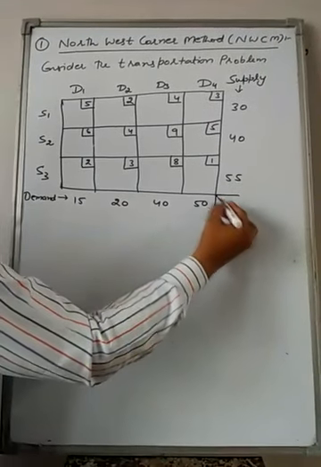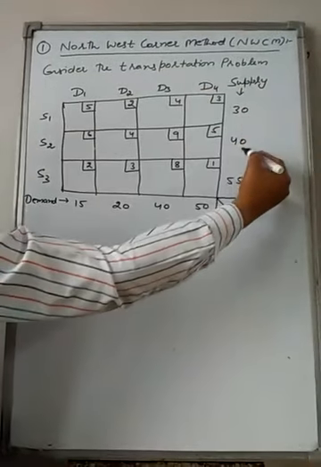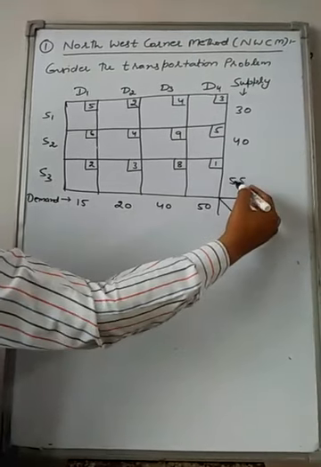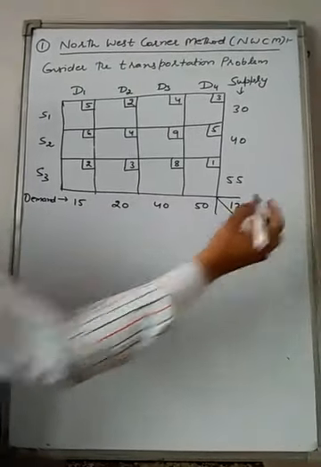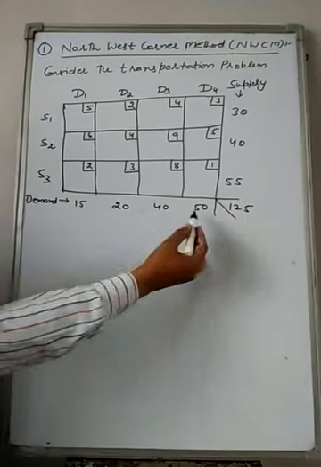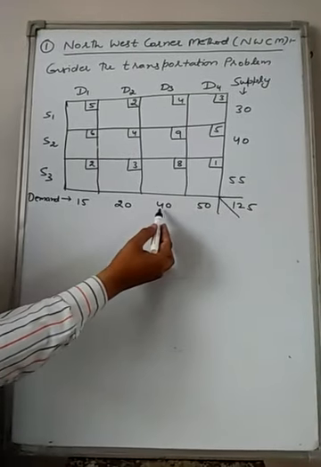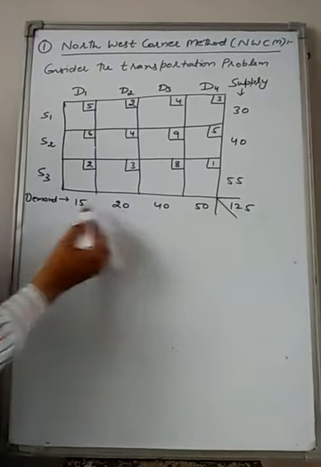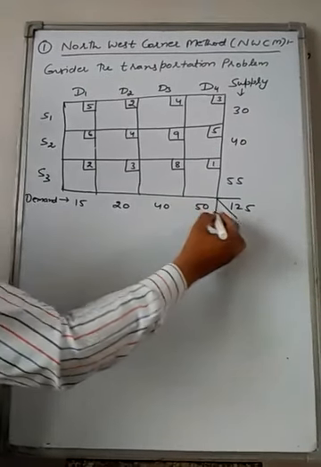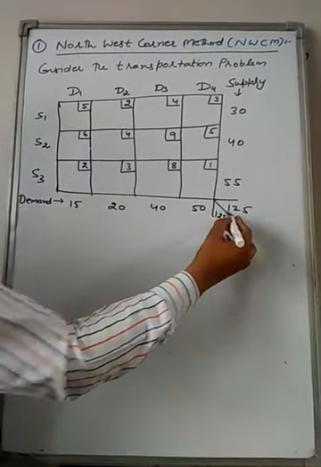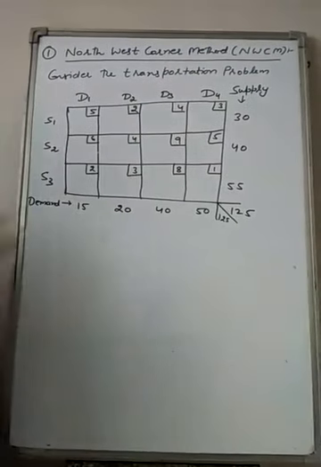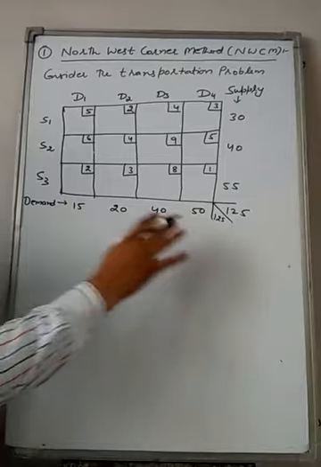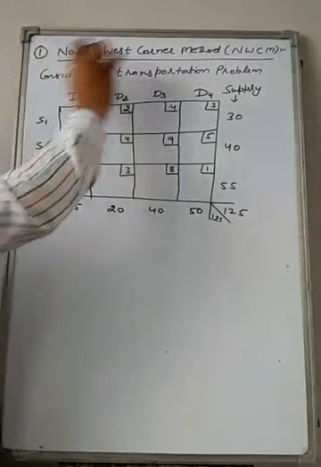Here, the total supply is 30 plus 40, 70, 70 plus 55, that is 125. And total demand is 50 plus 40 plus 20 plus 15, that is 125. As total supply is equal to total demand, this is a balanced transportation problem,